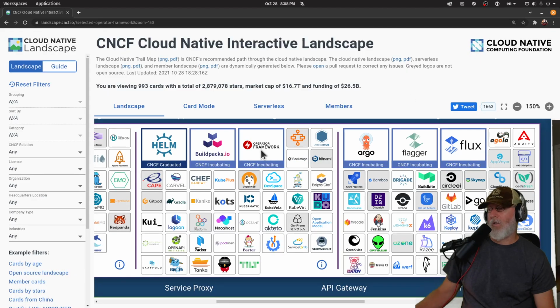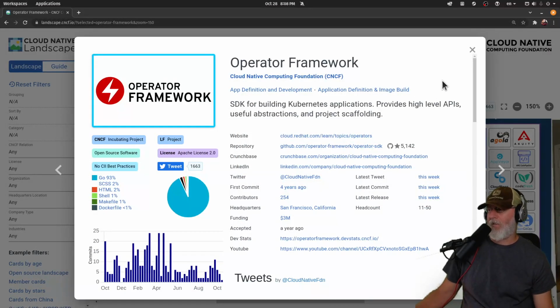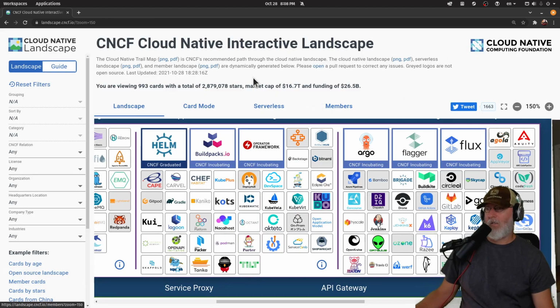So operator framework is apparently getting a lot of interest, and I've had that recommended to me by people. So I want to do my own operator, but this might be an alternative to Helm deployment, and we need to look at that. We need to understand that, particularly those of us who are doing any kind of cloud native application development. I think that's going to be important.